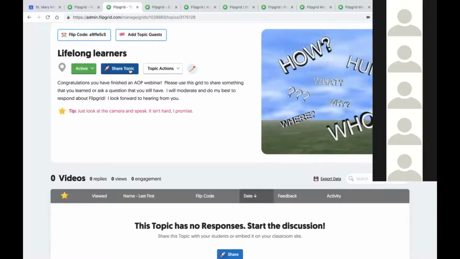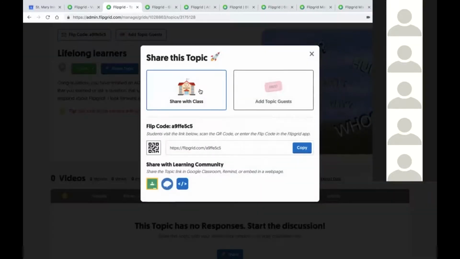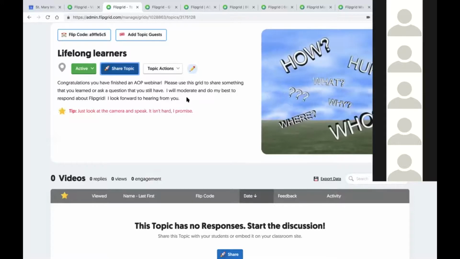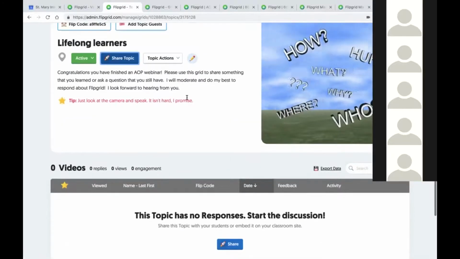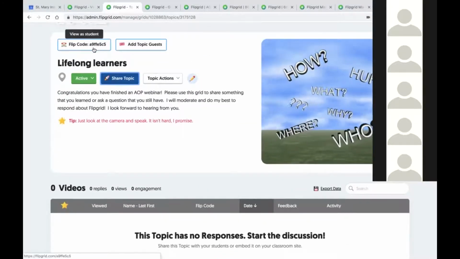So the question, if we go to share topic right here, you can share with the class. I can share it with individuals by adding them as guests. I can just take this link or QR code and put it directly in Google Classroom or Remind, or embed the code on a personal website that you have. So I will ask Erin to add our code, or if you want to write this down quickly for yourself, the code to this grid is